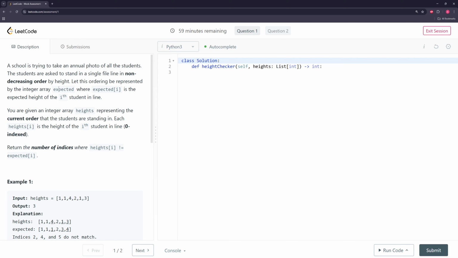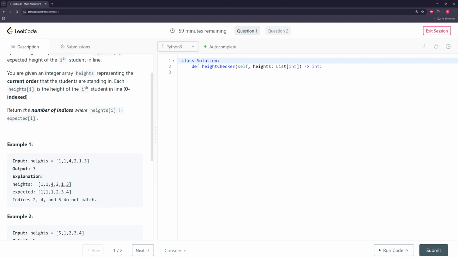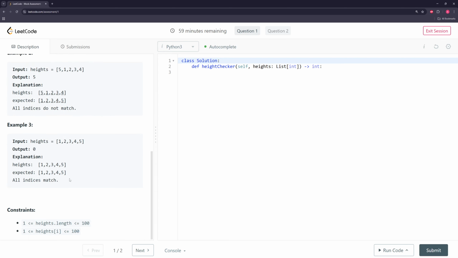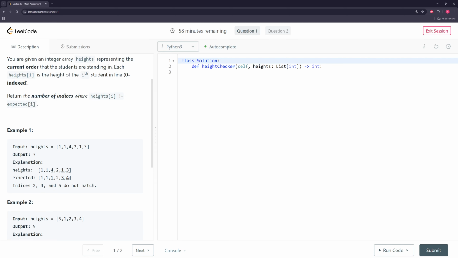Okay. So expected is just sorted. Okay, yeah, that's fine. So you can do this 2 different ways. You can either just sort the array and compare differences, or you could do a count. I guess we'll just sort the array and compare differences. It's going to be the easier way. So we'll go expected equals sorted heights, and return